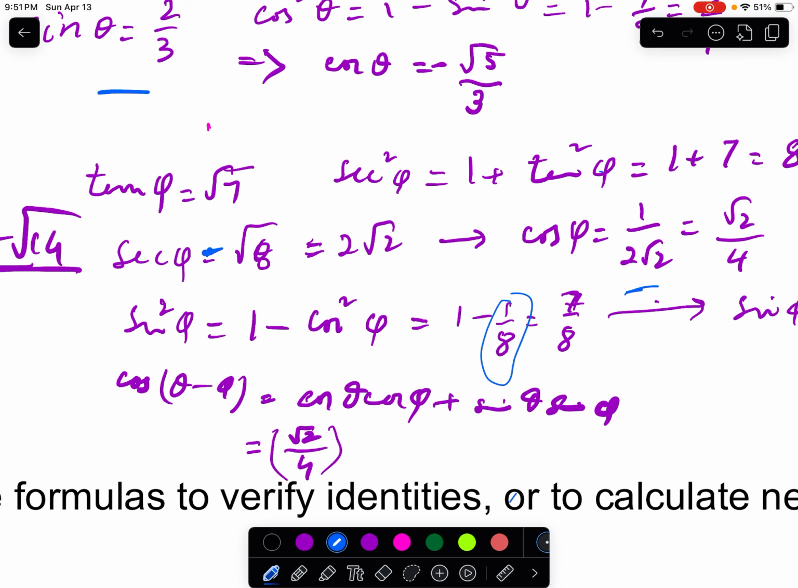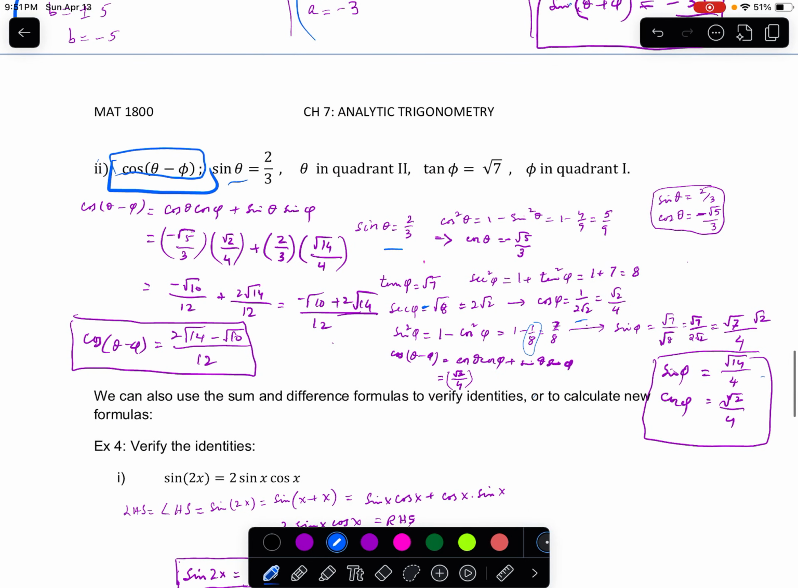Okay. The other angle information given is tangent of phi. So tangent of phi is equal to square root of 7, and phi is in quadrant 1. Remember, in quadrant 1, all trig functions are positive. So when we have this information about tangent, we cannot directly find sine and cosine. We have to first find secant, because of the Pythagorean